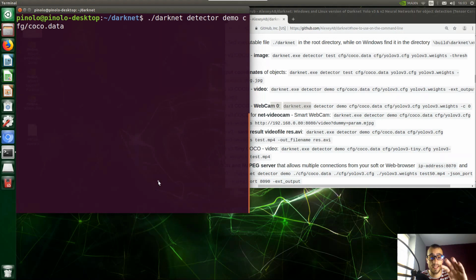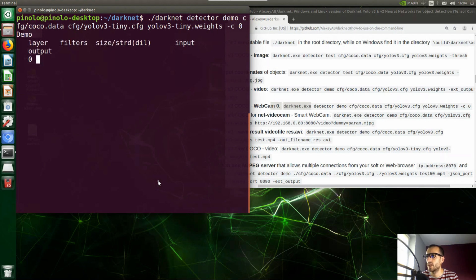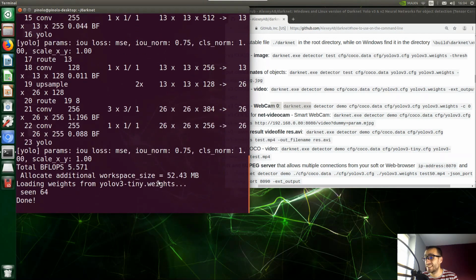So we are still going to detect the same 80 objects from the Coco datasets, and then cfg/yolov3-tiny.cfg, and then yolov3-tiny.weights, and then also we want to load again from the camera, so we say -c, probably without the dash, no, -c 0, and we press enter. Okay, now it is going to load the tiny Yolo,